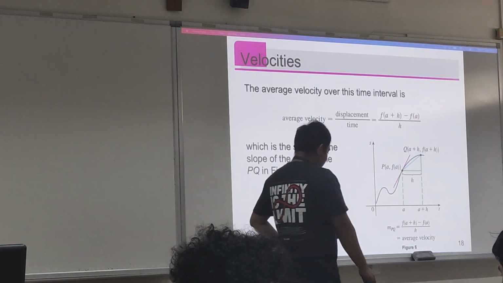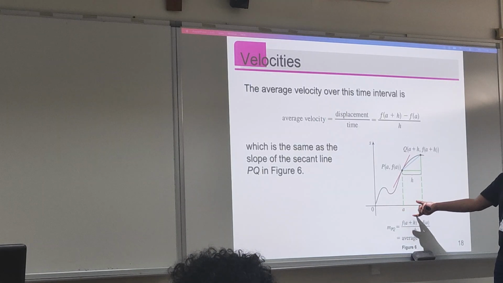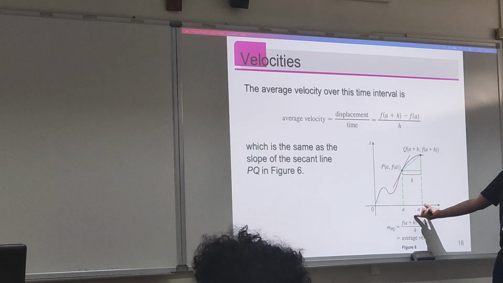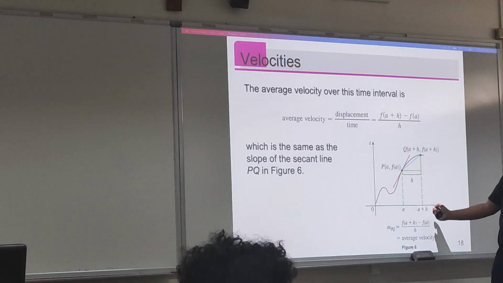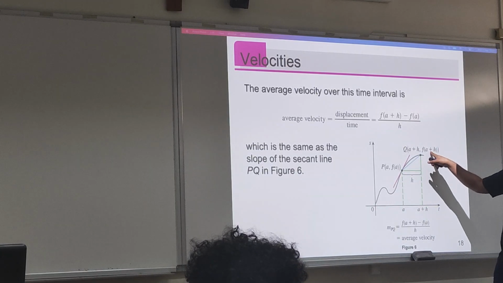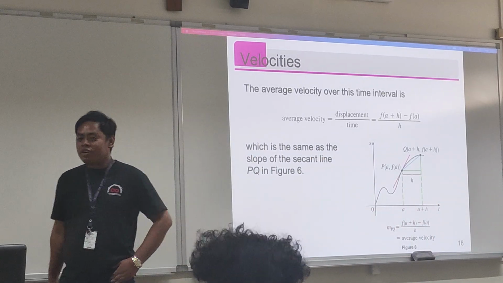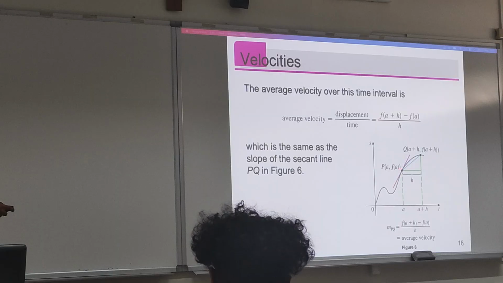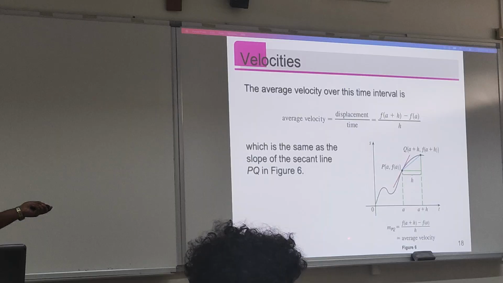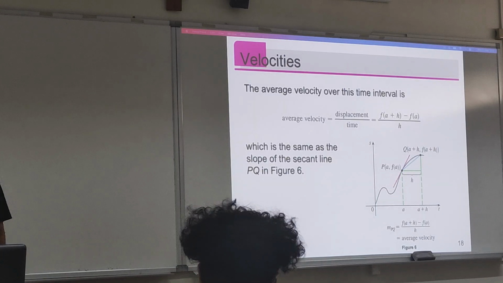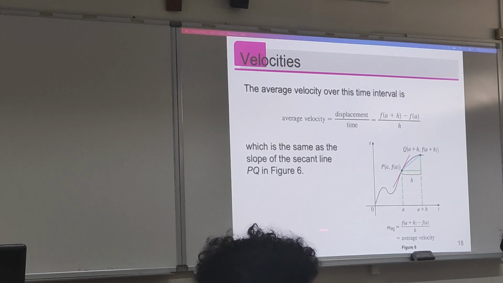If you're going to illustrate that using this graph here, of course, this is your a and a plus h, which corresponds to the time of that object, and then the corresponding points. If you have a, you have also f of a, and if you have a plus h, you have also f of a plus h. Those will be your two points. With that, by definition of slope, you can find the secant line here given two points. So that's why you have there the slope of PQ, which is f of a plus h minus f of a all over h, which corresponds to the average velocity.